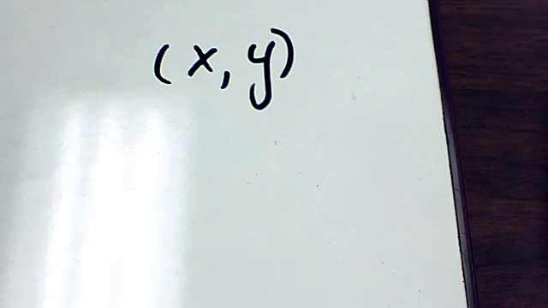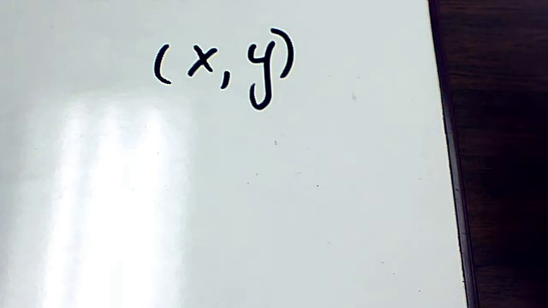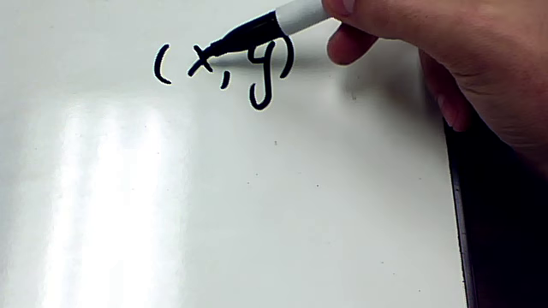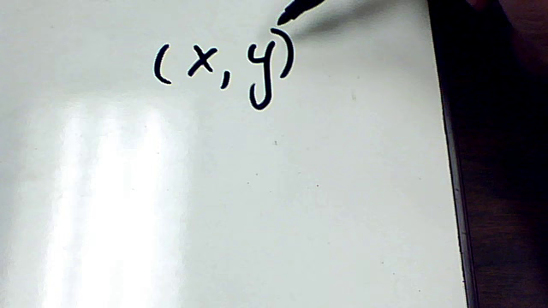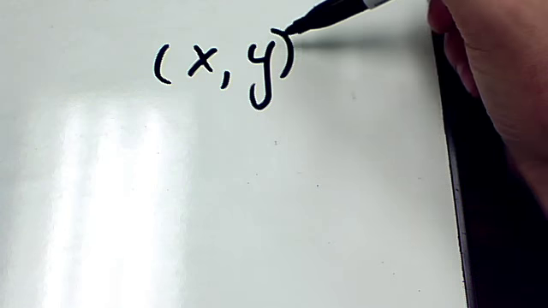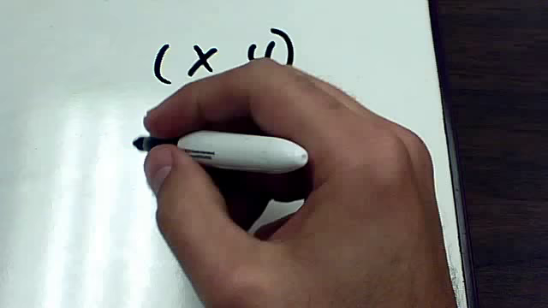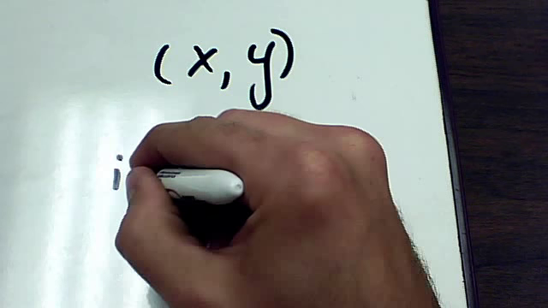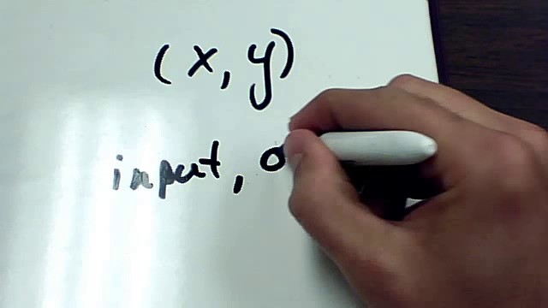Okay, this lesson is talking about how to identify domain and ranges in discrete functions. So let's first talk about our coordinate points. Since middle school or maybe even elementary school, you've seen coordinate points written in this format, right? (x, y) in parentheses. Well, this is the same thing as the input x and the output